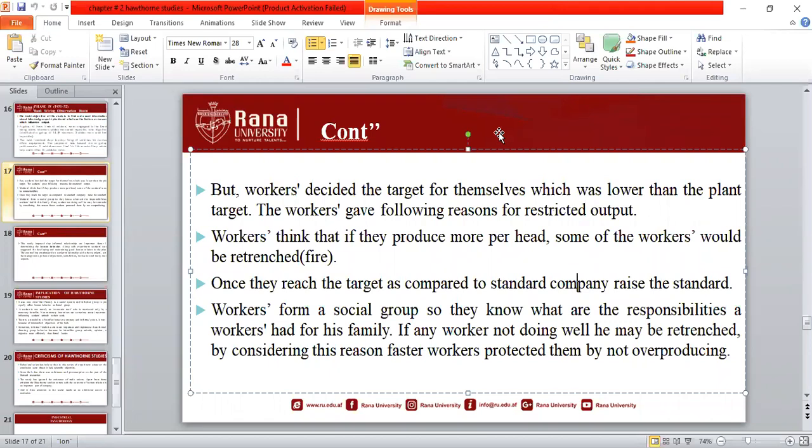achieving the objective, whatever the organization